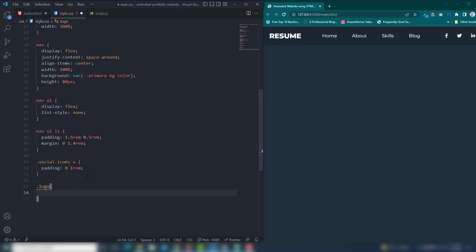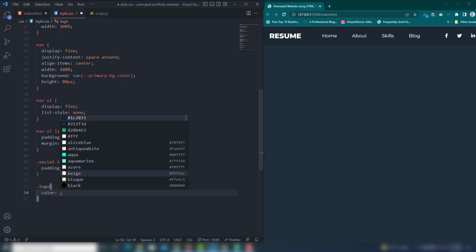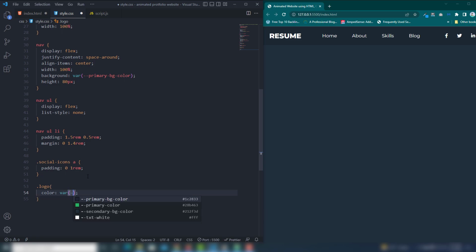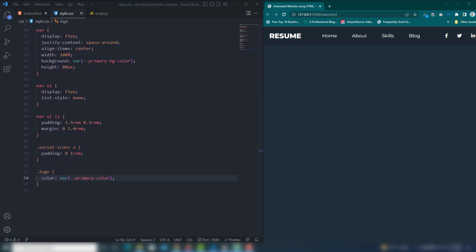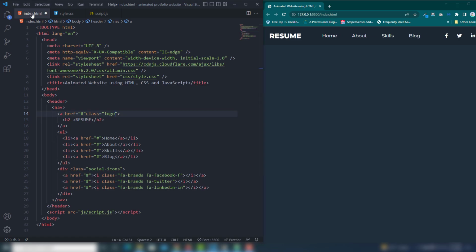In the logo I'm going to call the color will be my primary color. Primary color, why? Just a minute. Okay, perfect. We need to set that.